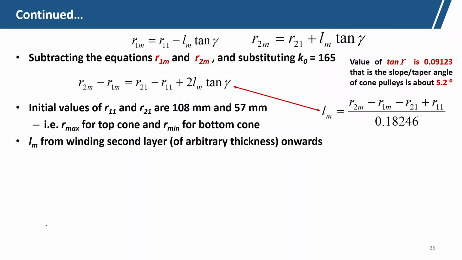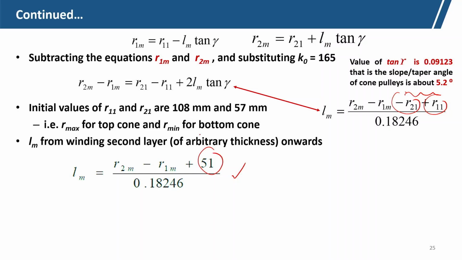What is Lm? Lm from winding the second layer and an arbitrary layer will be this. So, what we are getting is R11 minus R21, we are getting 51. So, R11 minus 57, we are getting 51. So, this is the relationship. This is for the second layer onward,